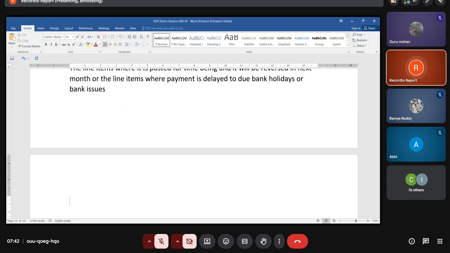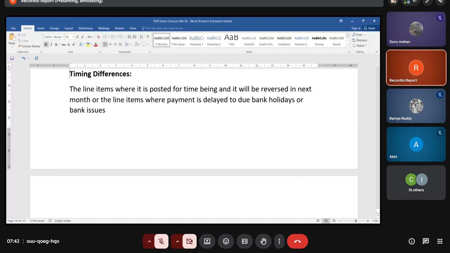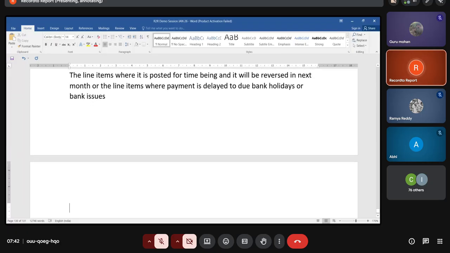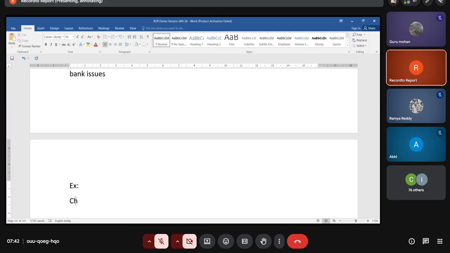Those types of line items are called timing differences. Due to timing, the balance is not cleared. For example, a check